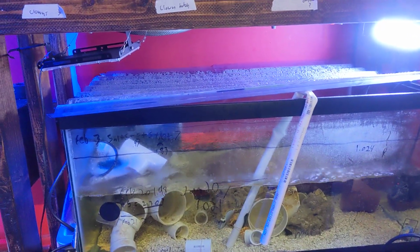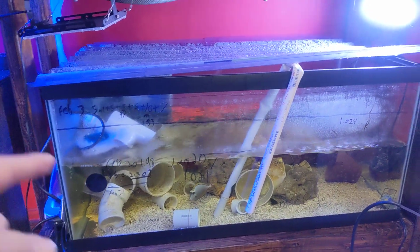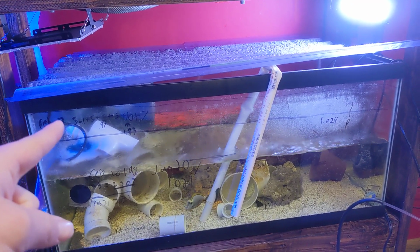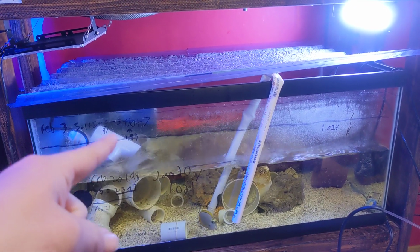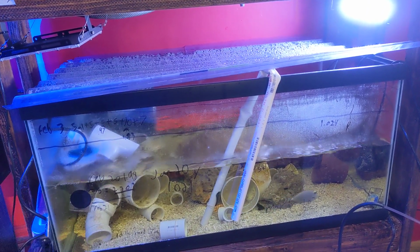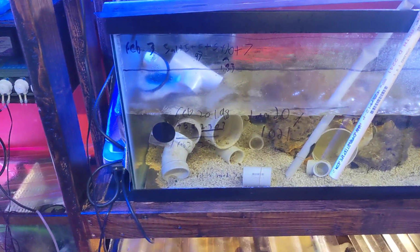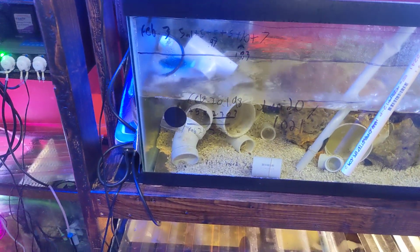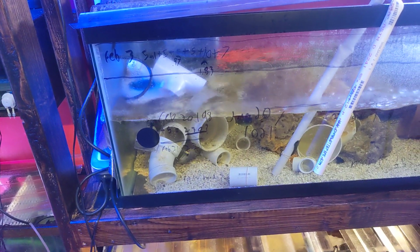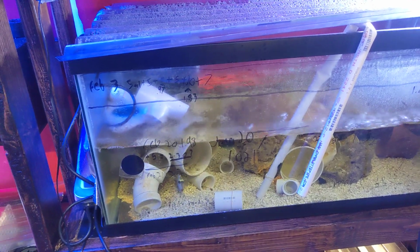Sorry, camera's shaking. About February 3rd, I wrote all my notes in Sharpie. There's a ton. That's when I got it to about 2.0 therapeutic levels. So it's already the 10th. And I had them in here for about a month prior. And I think I did 3